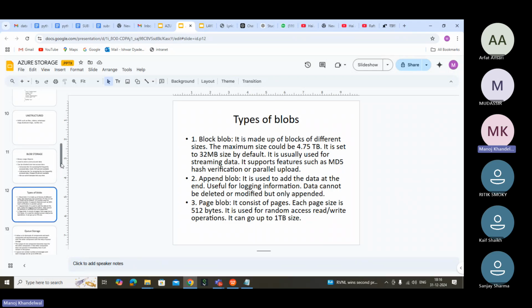But suppose you finish one block. If you want another block, that block may not be side by side. It may be some other area, so it will take time to access. So as an architect, you have to see what block size to use. What is the normal size of your data? According to that, you will choose the block size. So you have to know the internal architecture of storage to understand why there are blocks. Very clear?